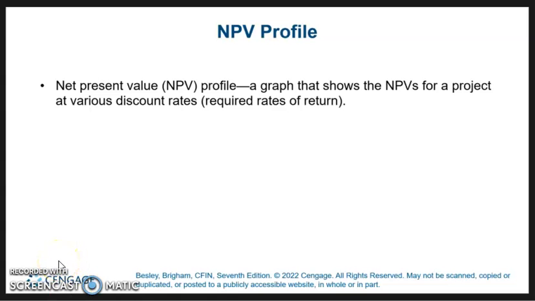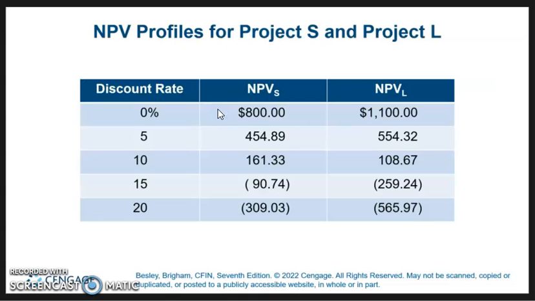Okay, this is lecture 4 from chapter 9. So we're talking about NPV profile. An NPV profile is a graph that shows the net present values, or NPVs, for a project for various discount rates or various required rates of return. So if we go to the next slide,